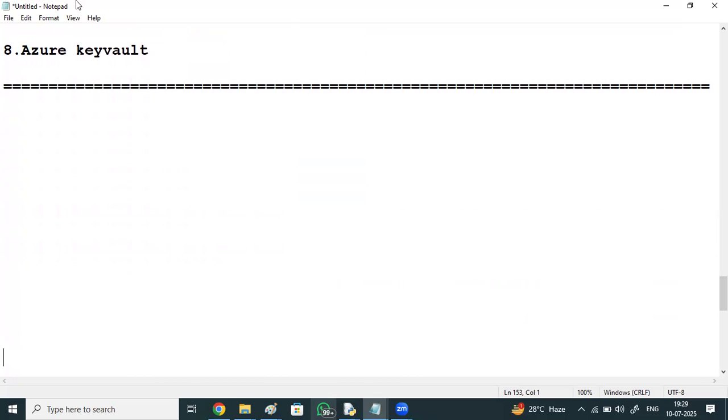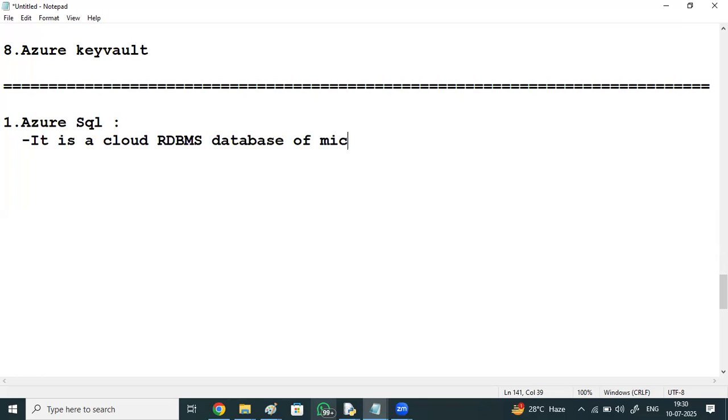I'll give an overview about these Azure Data Engineering products or services. First one, Azure SQL. In a simple way, it is a cloud RDBMS database of Microsoft in Azure.